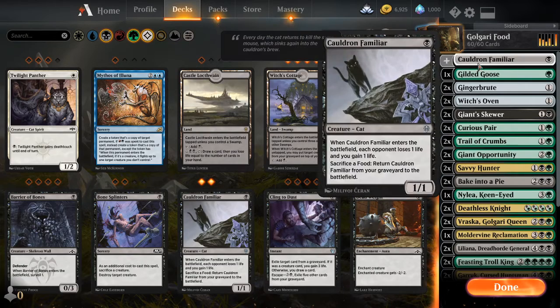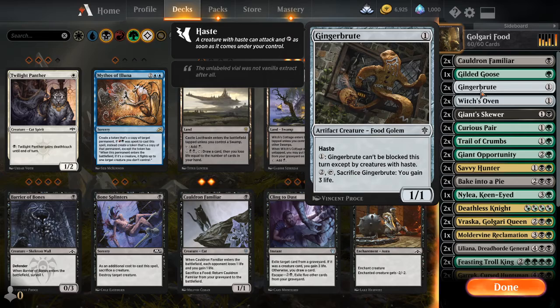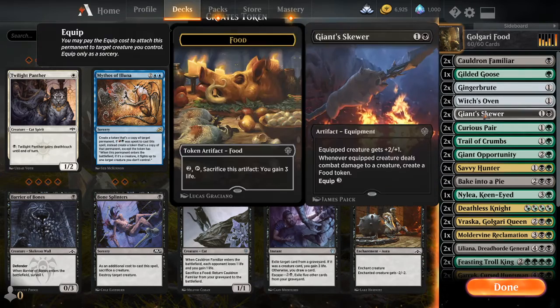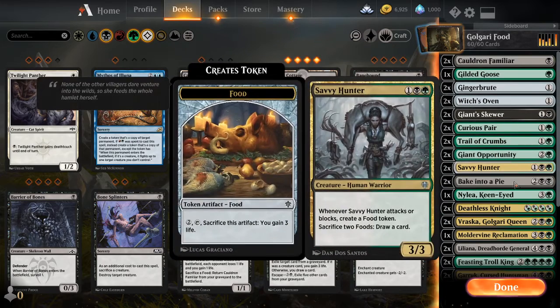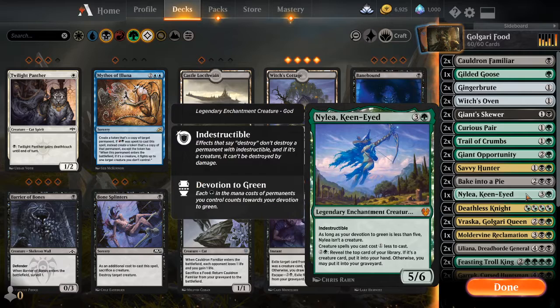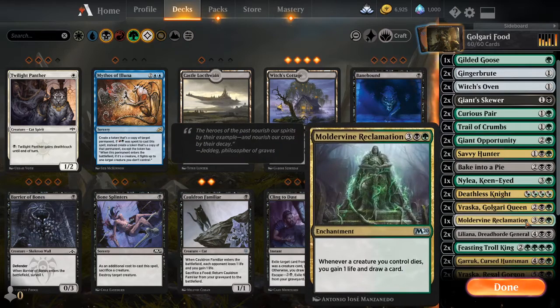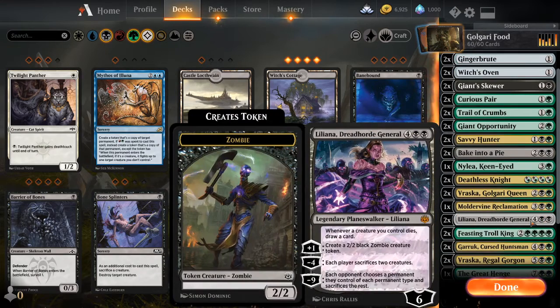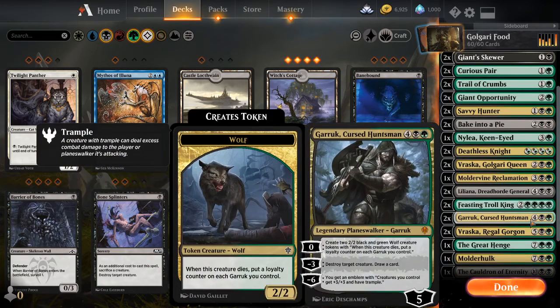So, here we go. We have some Cauldron Familiars. My deck list is actually a little simpler, yet complex as well. So this one has 2 Cauldron Familiars, 1 Gilded Goose, 2 Ginger Brutes, 2 Witch's Ovens, Giant Skewer, Curious Pair, Trail of Crumbs, Giant Opportunity, Savvy Hunter, Bacon to a Pie, Nalea, Deathless Knight, Vraska Golgari Queen, Moldervine Reclamation, Liliana Dreadhorde General, Feasting Troll King, Garrick Cursed Huntsman,